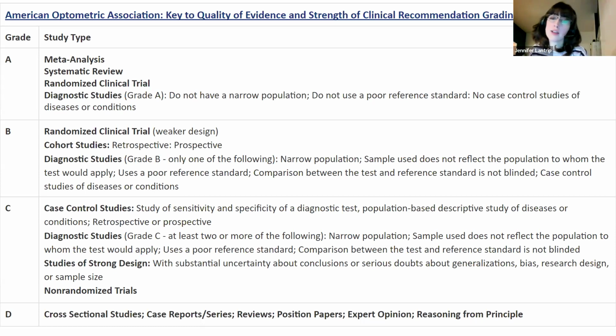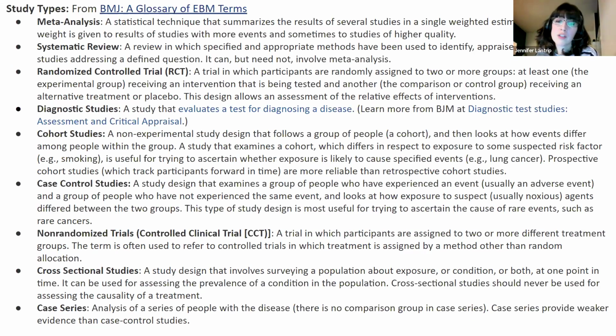However, remember the quality of the study is only as good as its design. So while a meta-analysis is generally a grade A, since it's doing a statistical analysis of the results of many other studies, if it's designed poorly, or if the studies it analyzes were designed poorly, the quality of the meta-analysis will be very low. So while it's important to understand these grades of evidence, remember to always think critically about the study designs themselves. Here are simple definitions of different types of studies that you can find on the evidence-based